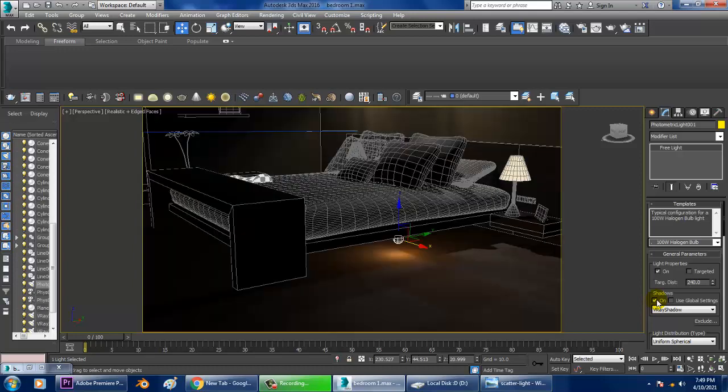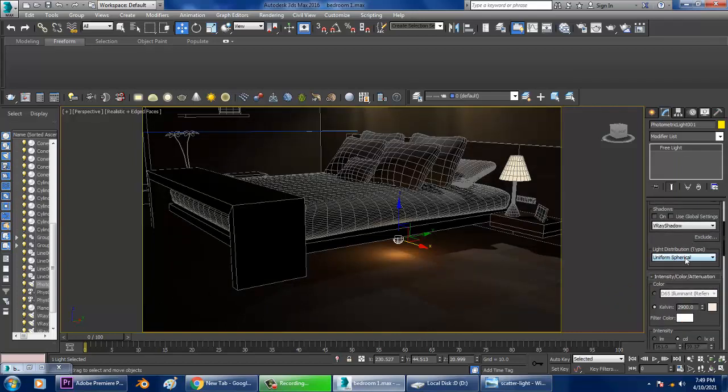Okay, the shadow part we'll check out afterwards. Just save your file once. I'll slightly turn this off, and I want uniform diffuse.